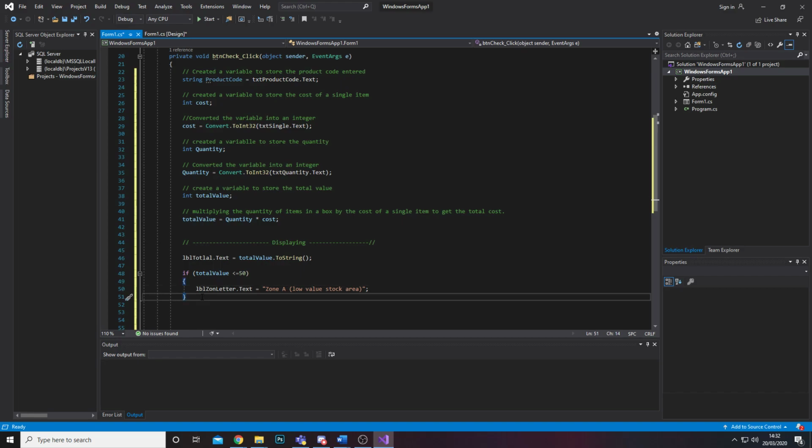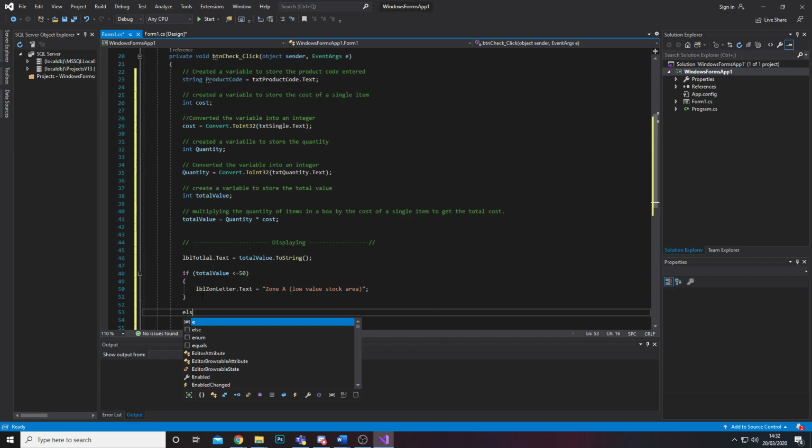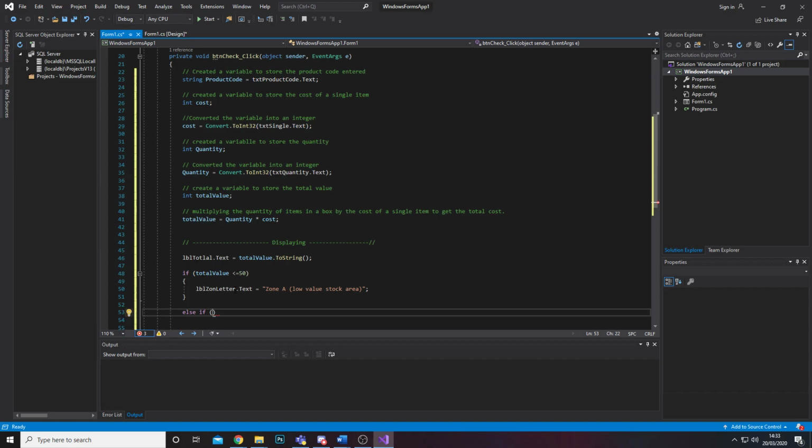Okay, now with an if statement we get an else if. So you can do a switch in case if you want. The easiest way to do it is do an else if. So now we are saying that if this is false, ignore this line of code and go straight to my else if. I'm going to check if the total value is